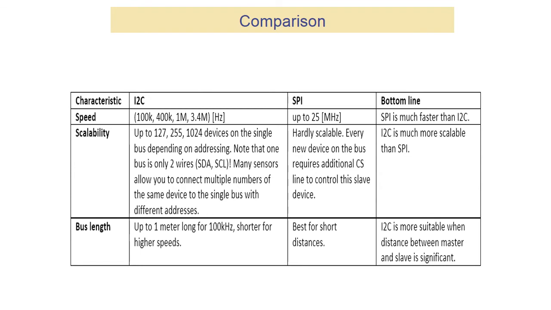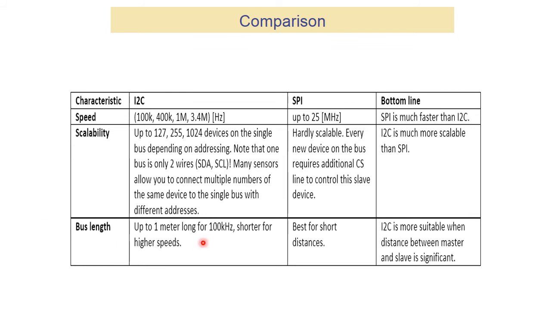The comparison between I2C and SPI shows that the advantage of SPI is that it is faster than I2C. But as far as scalability is concerned, I2C is more scalable compared to SPI. In a sensor network, scalability is one of the important features that we want, because the sensor nodes are large in number, and even one sensor node consists of multiple sensors. So scalability is a desirable feature, and that can be supported by I2C. But when speed is concerned, then SPI is preferred.